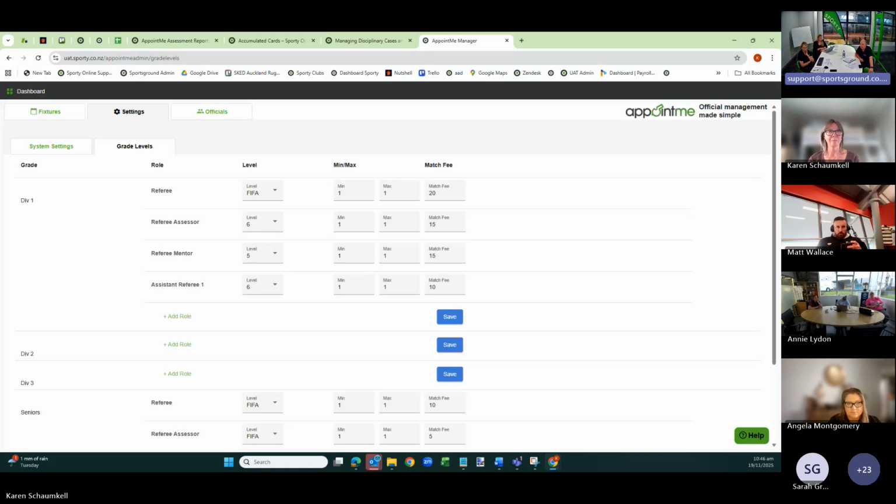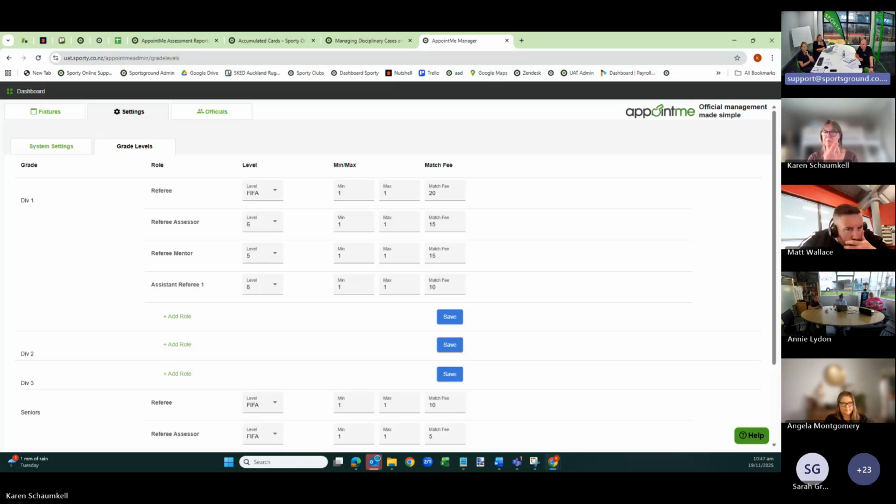You do have the ability to search for an individual ref as well, so you can grab someone and assign them if you want to effectively override these settings. But one of the things we'll be talking about in the Q&A session is making sure that whatever scale is used here for the levels is sensible. I think we'll end up having a bearing back on your accreditation, but it does not need to look exactly like your accreditation.